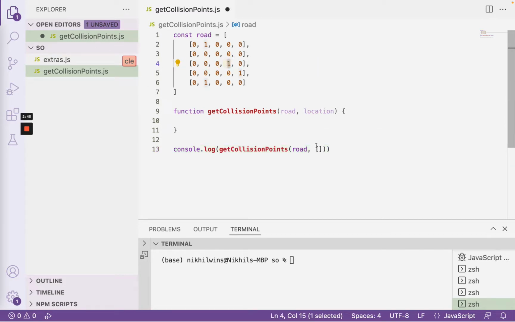this car right here. So I do 2, 3. This is row 2, column 3, both indexed at 0. That leads to this 1 that I'm highlighting right here. Okay, so given this, I want to return some collection of coordinates of all collision points. So before we get started, what do we expect our algorithm to return? In comments here, I'll just specify some sort of collection here, and I'll specify the coordinates of all of the ones that we